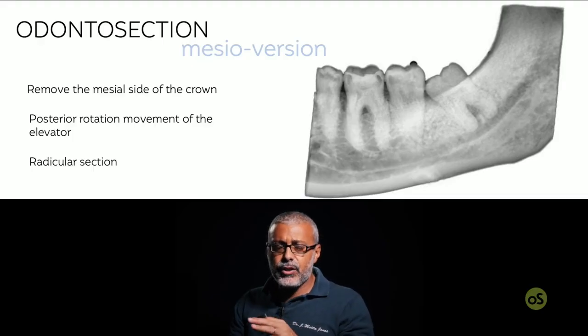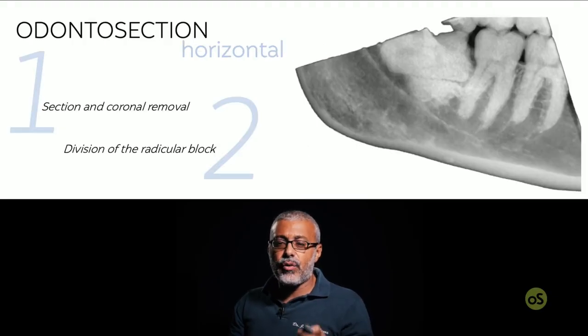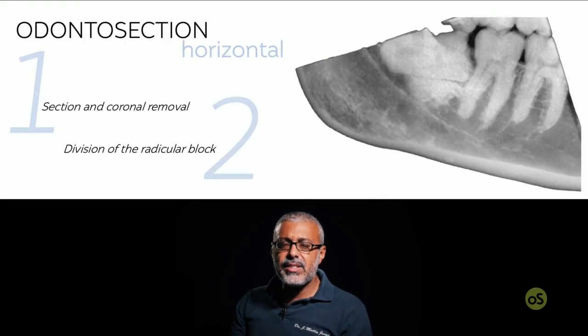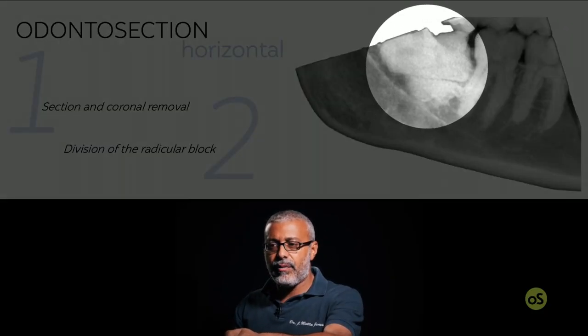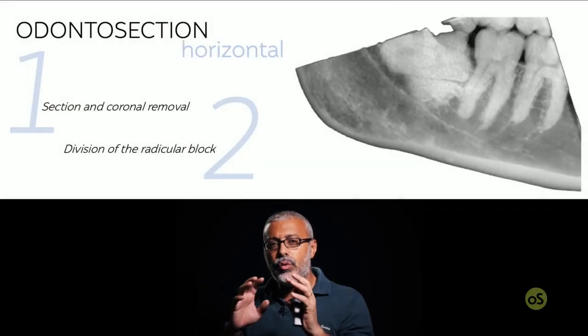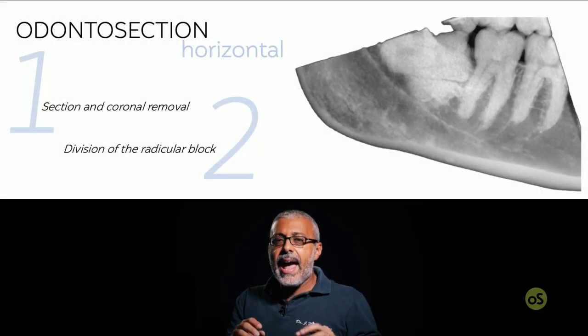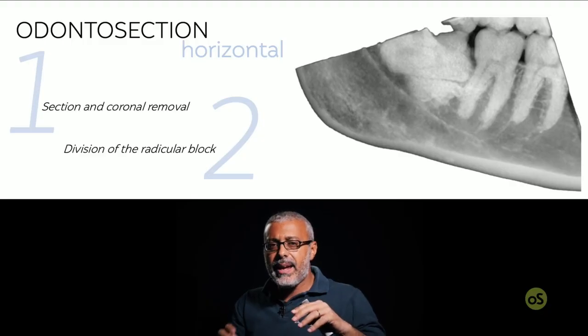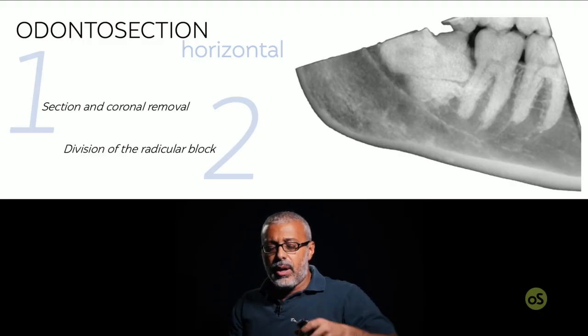Whereas if the tooth is majorly angulated, we will have to consider it as a horizontal tooth, and this means that we have to make a primary cut at the level of the CEJ to remove the crown from the roots, and usually we will have to make another horizontal cut in the crown,